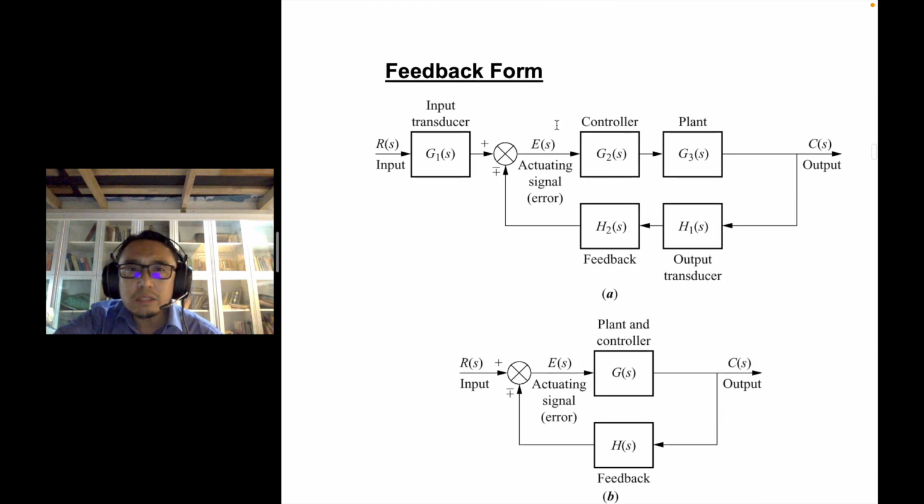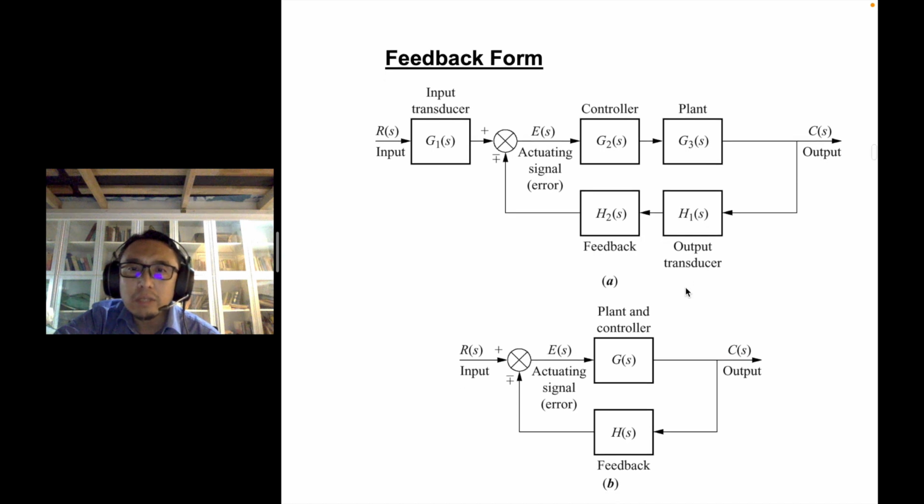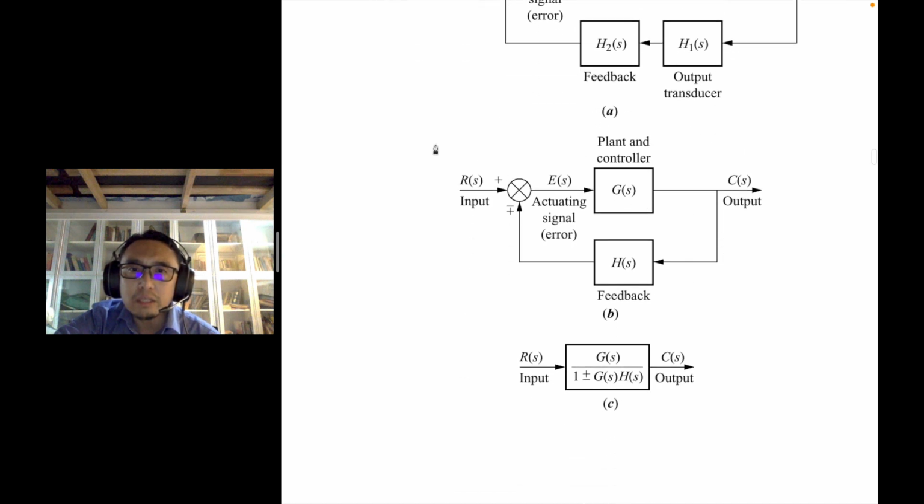Okay, we have seen this signal before, the feedback form as shown here. You have the input, assuming the controller and plant, and then the output of the controller and plant is fed back through a sensor, normally into a summing junction, indicated here by minus plus. If you write down the equations, E, the output of the summing junction, equals R plus or minus H2 H1 C, or in this case we simplify it further as a simple